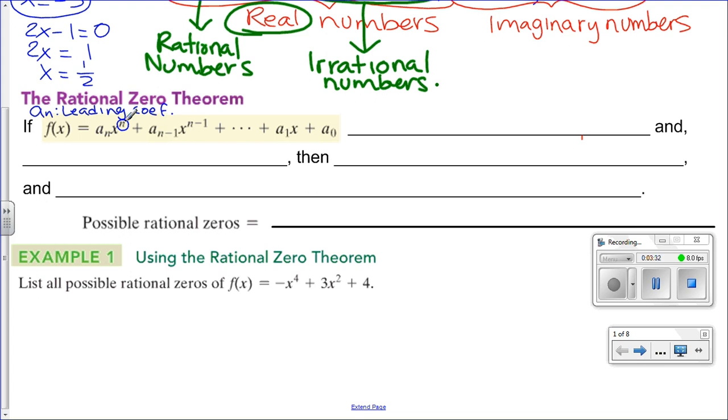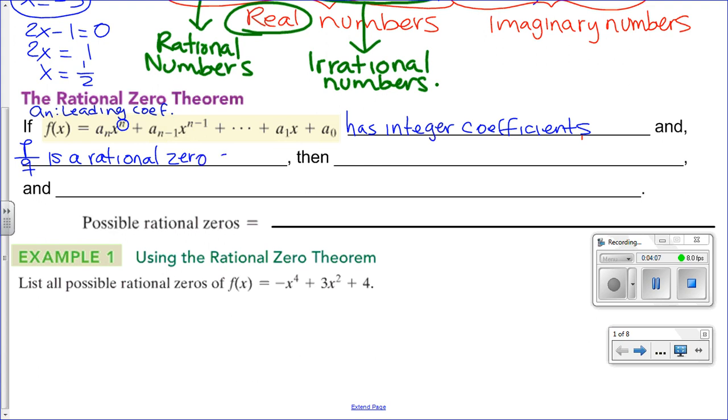So if we have that polynomial, and the polynomial has integer coefficients, and we're going to use the letters p and q just to represent numbers, more specifically integers. Remember, a rational number is the ratio of 2 integers. So if p over q is a rational